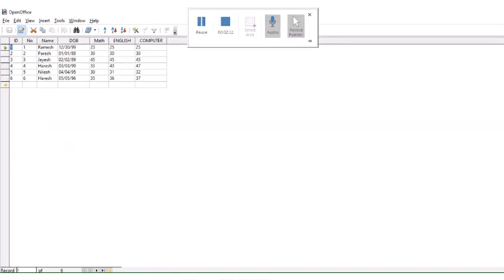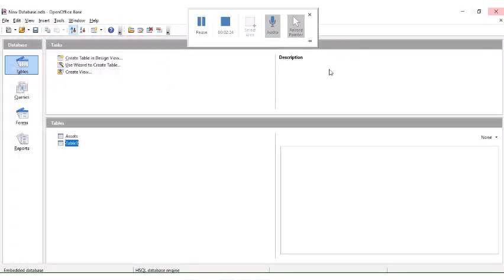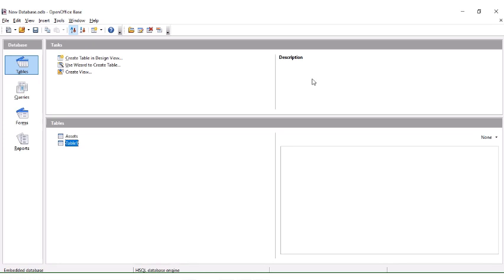Now next, let's learn about relationships. So what do we mean by relationship? I told you in class that in a database there are lots and lots of tables, right? For example, in a school, every class has its own students, but all those students relate to something. So for that, we create a relationship.